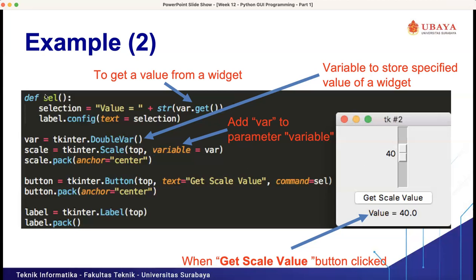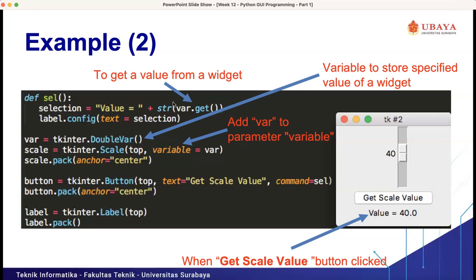Inside the cell function here, we have two lines of code, selection equal str var dot get, and it will be triggered if we press the get scale values button. When we press that button, it will trigger this cell method.